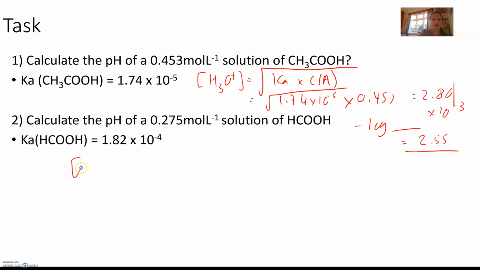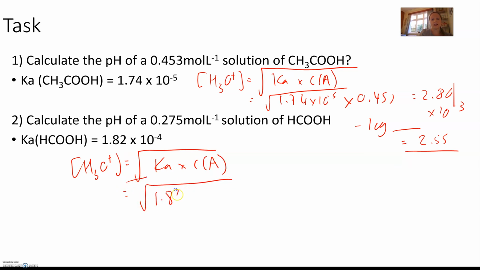So again, methanoic acid, so it'll be H3O plus equals the square root of the Ka times the concentration of the acid, which equals the square root of 1.82 times 10 to the negative 4 times 0.275. Okay, and if we plug that into our calculators, and you need to make sure you can put these in your calculators, you guys are not that good at that, you get 7.07 times 10 to the negative 3, and if you negative log your answer to get a pH,